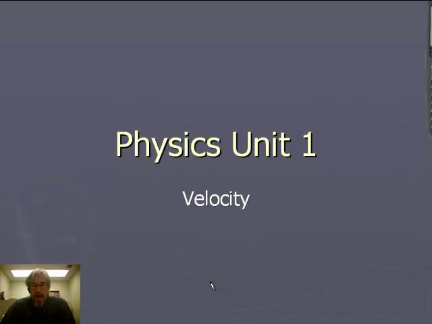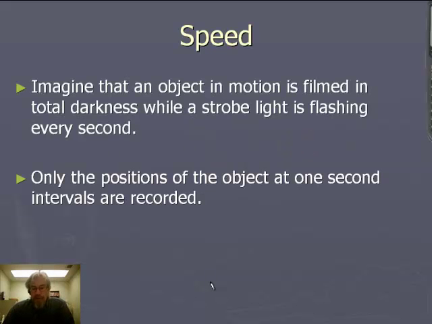But we're going to start talking about velocity here. The first thing we need to do to understand velocity is get an idea for what speed is. People use speed and velocity like they're interchangeable in ordinary life, but to a scientist, they're slightly different. Looking at speed in one dimension, which is how speed really needs to be treated, let's do this by imagining